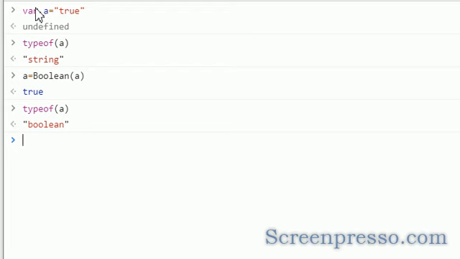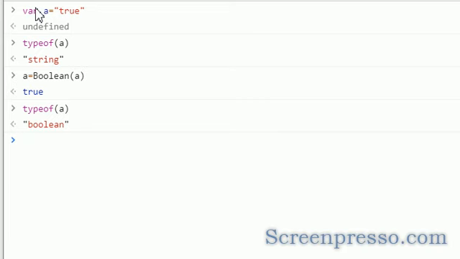We cannot convert all the basic types to other types. For example, I have a string property or integer property, and I could not convert it to an object because an object has some structure. So there will be some limitations to convert one data type to another data type.